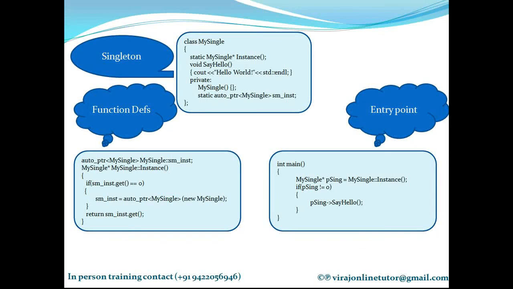So I'll again explain this example to you all. I have a singleton class called mySingle. In this I have a function called instance, which will have the full internal logic to create only one object. And if someone is calling this instance function again and again, it will have the logic to return only the first object that was created. Then I have a say hello function, which is just defined to make the program fancy, just to print hello world on the screen.